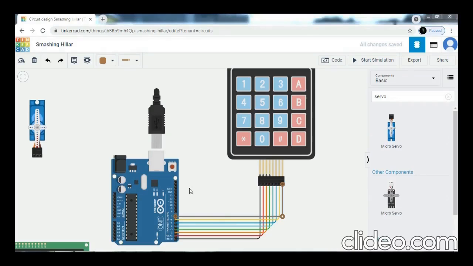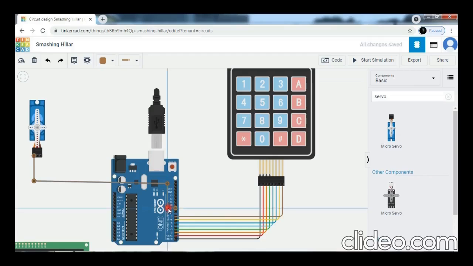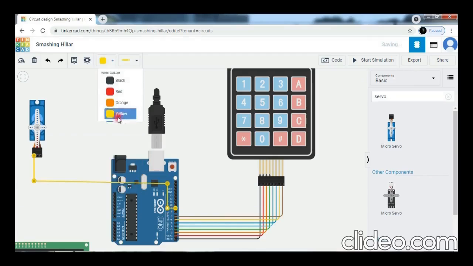Now after the connection of keypad with Arduino, we will connect the servo motor with the Arduino. So first the signal connection with digital pin 10, and the color of this wire is yellow.